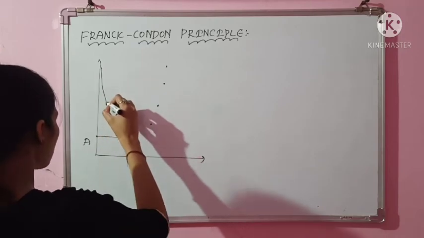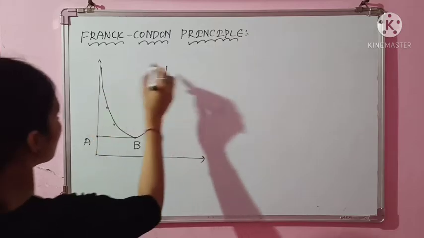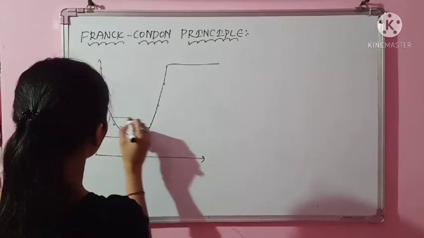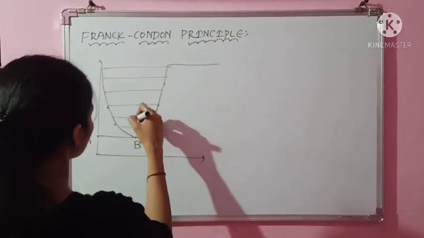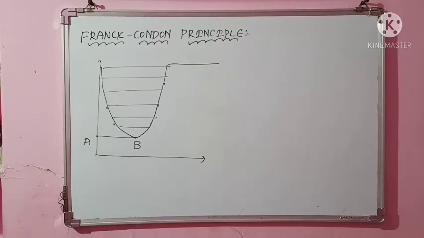So like this, you'll get this nature of graph, which you have already studied. At one point, what happens? Your molecule will finally break. Whether you consider harmonic or anharmonic, in harmonic the distance will be the same, and in anharmonic it is different. But we are not concerned with that. Your energy level diagram looks somewhat like this.